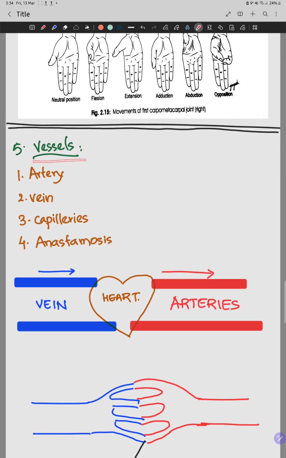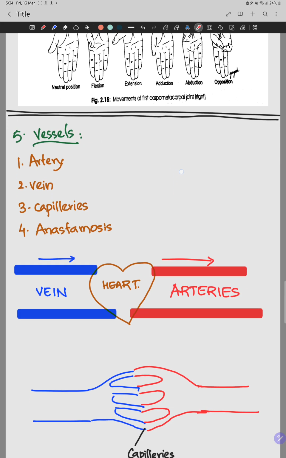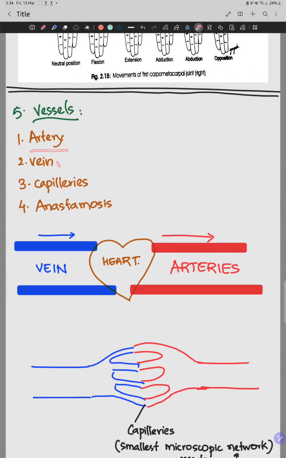Next, coming to vessels. The terms I have said are anatomical terms. In that we are coming to the vessels. Artery is the one which is carrying the blood away from the heart, and vein is the one which is carrying blood towards the heart. Arteries always carry oxygenated blood. Veins always carry deoxygenated blood. All the arteries carry oxygenated blood except the pulmonary artery, and all the veins carry deoxygenated blood except the